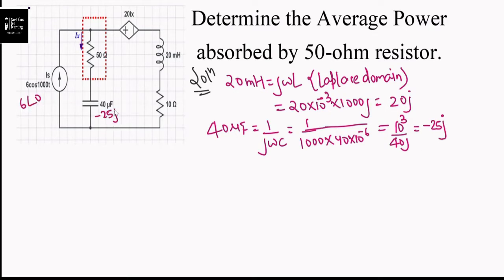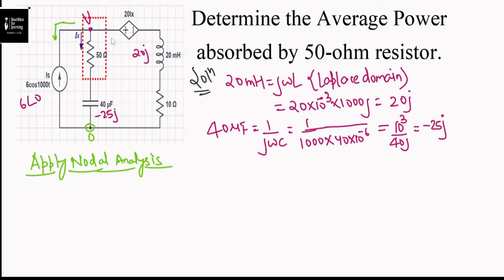Now we can redraw the circuit diagram. Here we consider a node voltage V. Now we need to do the nodal analysis. In order to apply nodal analysis, we have three paths from where the current will flow. This is the second path, this is the third path. So writing the current equation, we can get minus 6 plus V minus 0 by 50 minus 25J